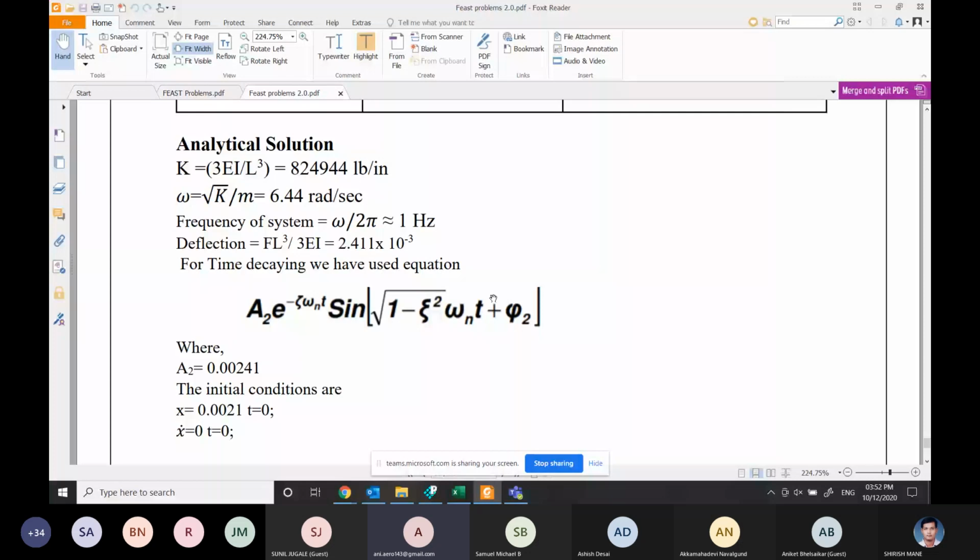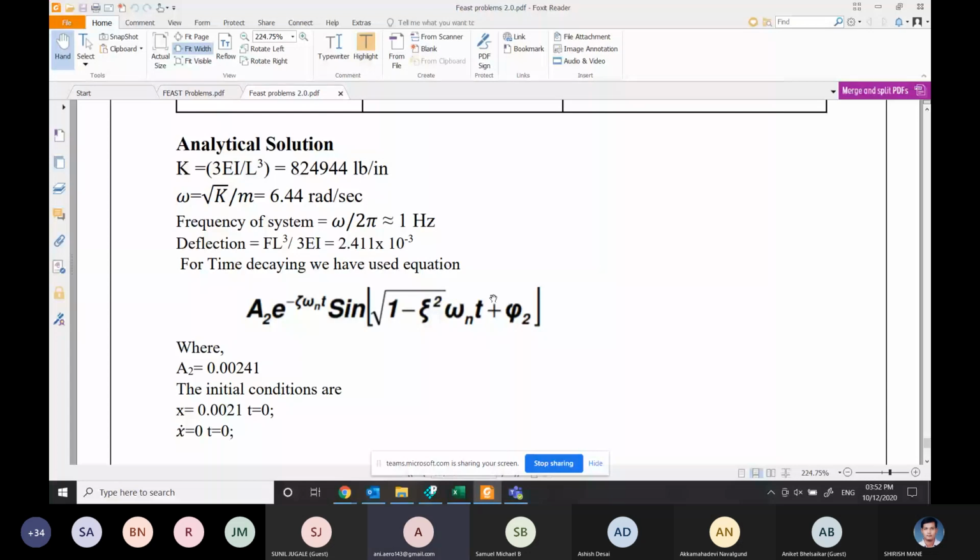So scroll it up. Analytical solution can be easily found out, since we have the cantilever beam which is loaded with some particular load value. So the deformation can be easily calculated by using the formula PL cube over 3EI, based on which we can calculate the simple stiffness. So the stiffness can be calculated as 3EI over L cube, and once it is calculated, you will find the result.